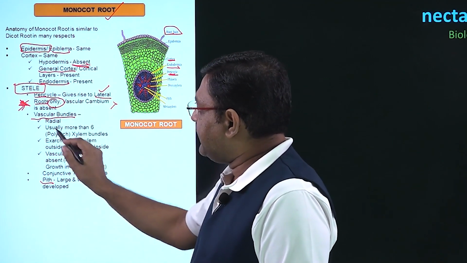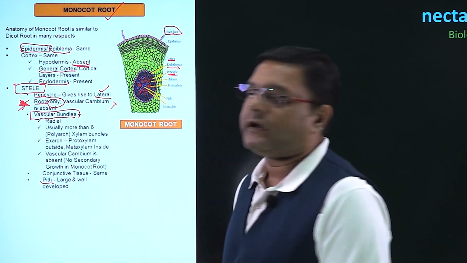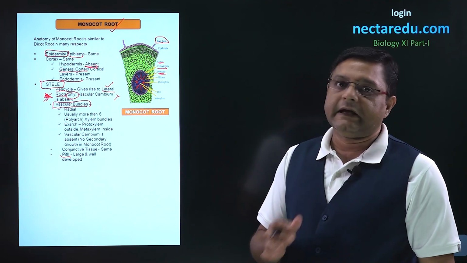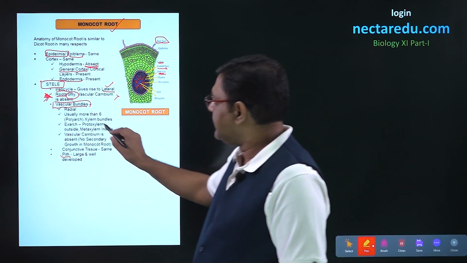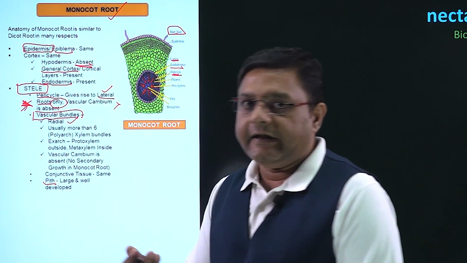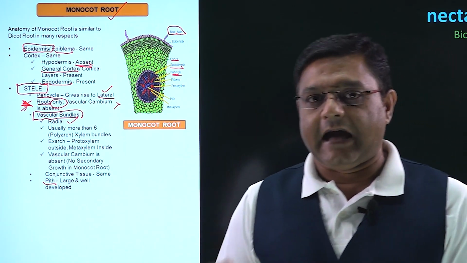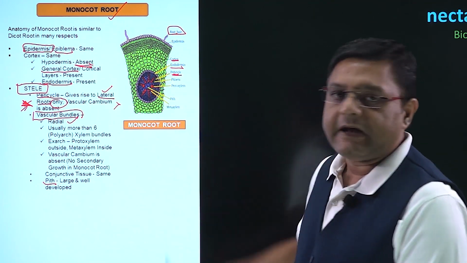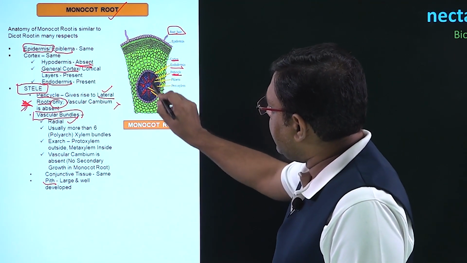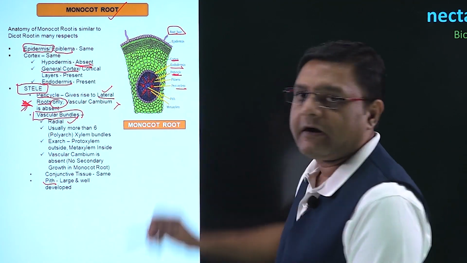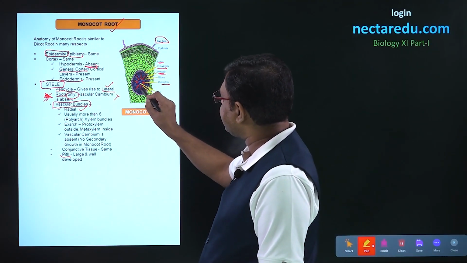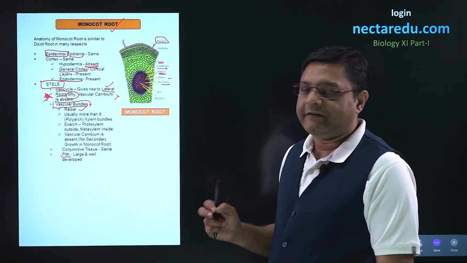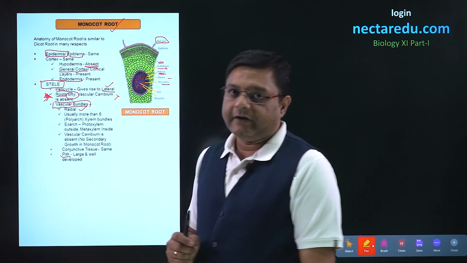Now, below this pericycle, there will be vascular bundles which will be present. Vascular bundles will be radial both in the case of dicot root and monocot root. So, these are radial. Radial obviously means that xylem and phloem will be present at different radii. In this diagram, we can see that these reddish structures are the part of xylem and those purple cells are part of phloem. So, both are present at different radii. So, the condition is radial.